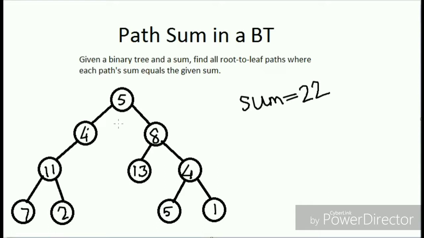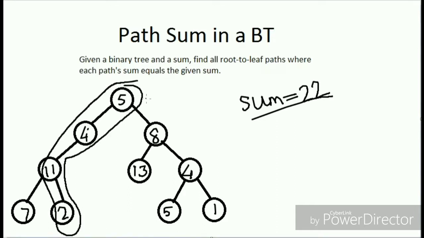So we have a binary tree here, as you can see, and the given sum is 22. We have to find the paths in this binary tree which have sum 22. So we have two such paths. If we look at it closely, 5, 4, 11, 2. If you sum that up, that's 13 plus 4, 17, 17 plus 5, 22. So this is the first path we have,